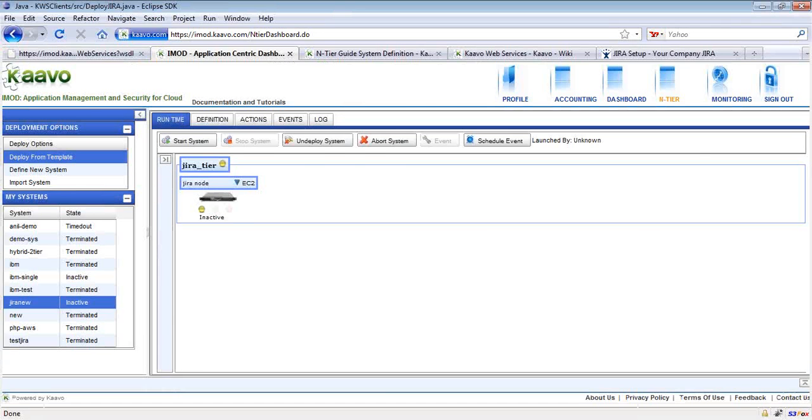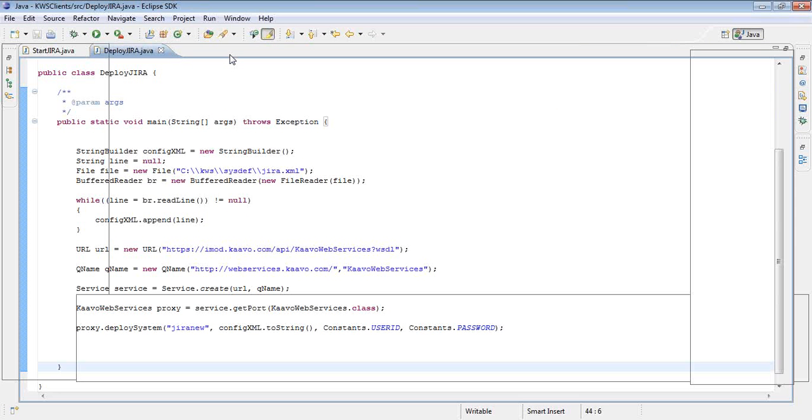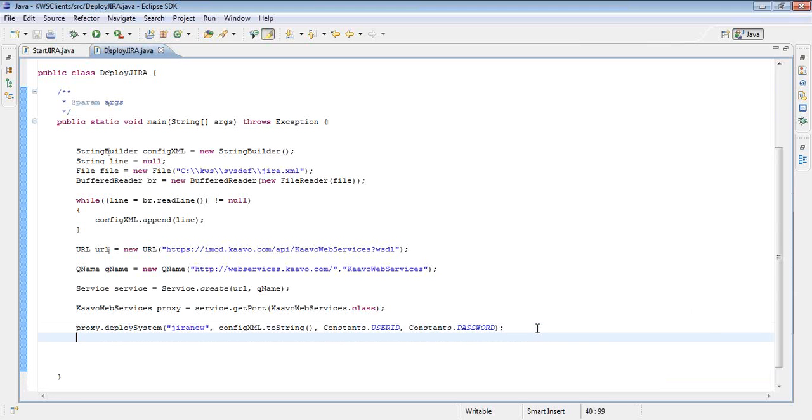Now within the client, I can make the services. Say I want to deploy the system and afterwards launch the system as well. So I can combine this with a start system call.